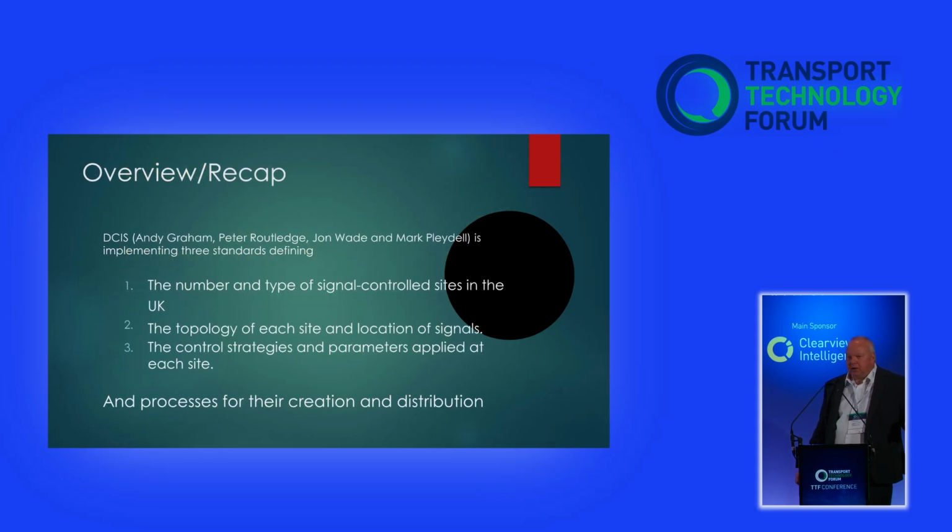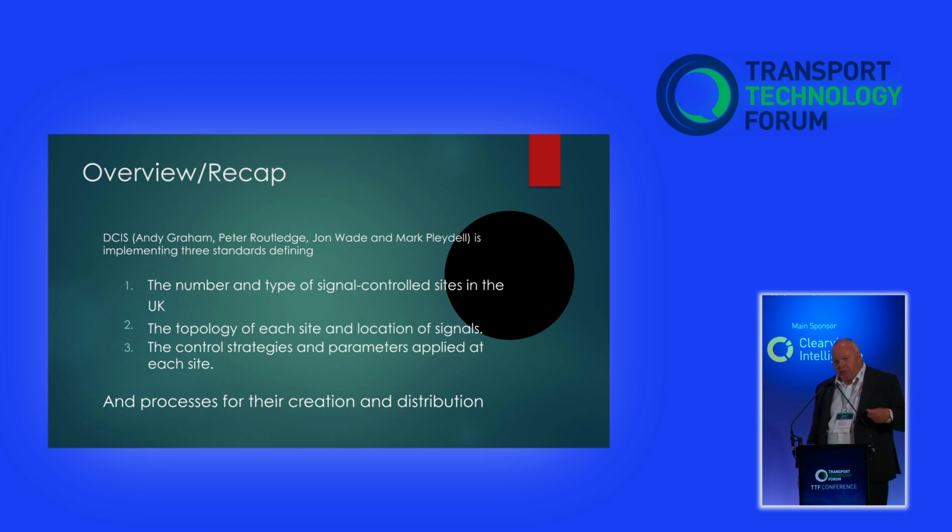So to overview for you, there's a team of us: me, Peter Routledge, who many of you will know from the Signals world, John Wade, who's a data guy who knows a little bit about transport, a lot about data, and Mark. We're implementing three things. The first thing is, how do you give each traffic signal controller in the UK a number that's independent and unique? The reason is we need that for the future, so we don't have duplication. We don't actually know how many traffic signals there are in the UK, so Darren's business case for fixing and replacing them needs a number. We don't know that at the moment.